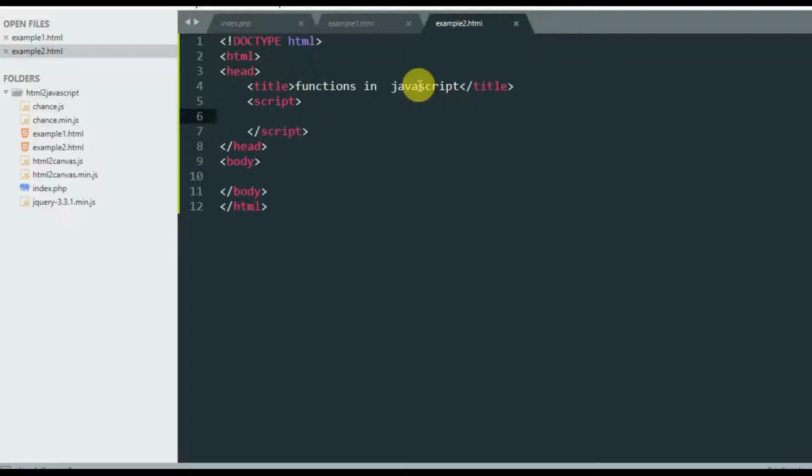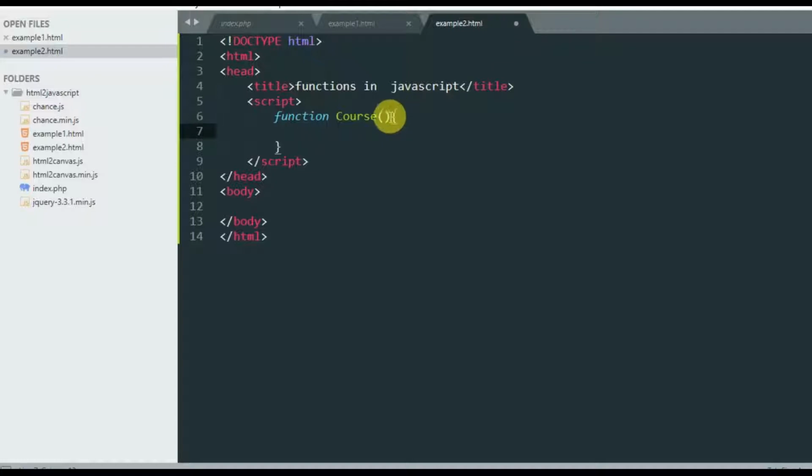Now, to define a function in JavaScript, there are a few things you need to know. One, you have to use the function keyword itself, and then I can give a function called add here, which you would use to add some kind of parameters. Or let me just use something simple. Let me say a function called course. So function course, initially we used to do something like this, and then you go on and define your stuff.